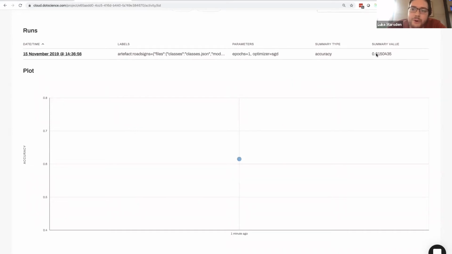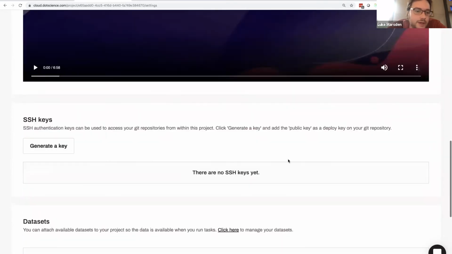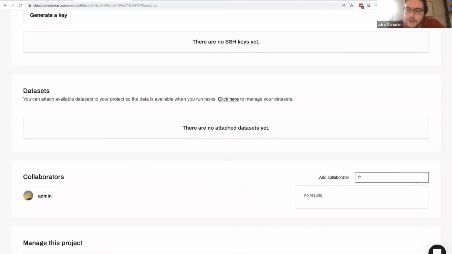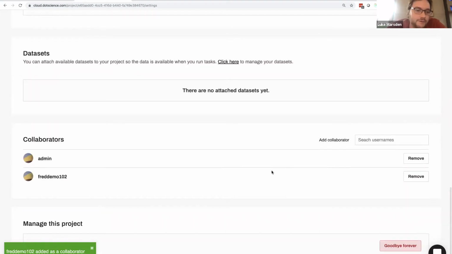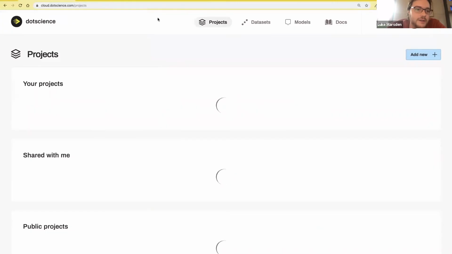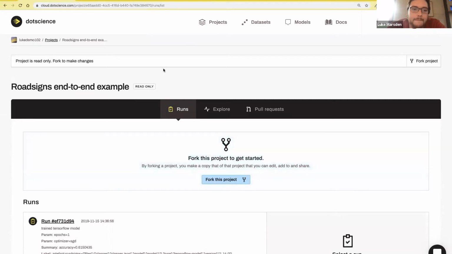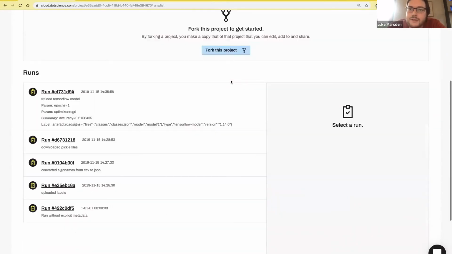So at this point, I throw my hands up and say, I'm not very good at TensorFlow. I need to bring in an expert. And fortunately, one of my colleagues is an expert at this stuff, and his name is Fred. So I'm going to add Fred as a collaborator. And then as soon as Fred has been added as a collaborator, he can log into Dotscience, and then he can start to take a look. And so Fred comes in,